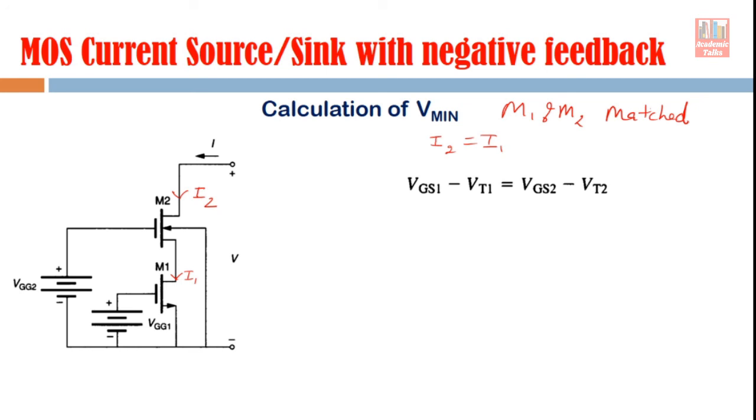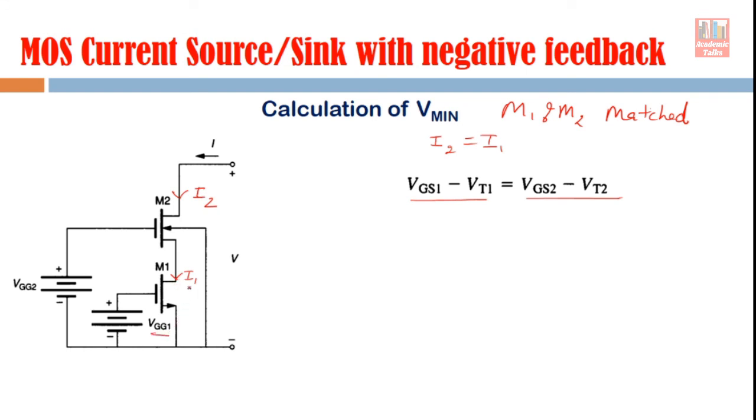And if we maintain VGS minus VT also the same, the current is the same. Here already the current has to be the same because these two devices are in series. So if the current is the same, it means their VGS minus VT should also be the same for both the cases. Now what current we want here, that will be decided by VGG1.